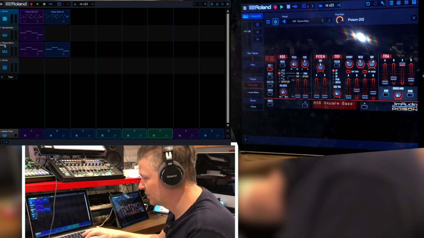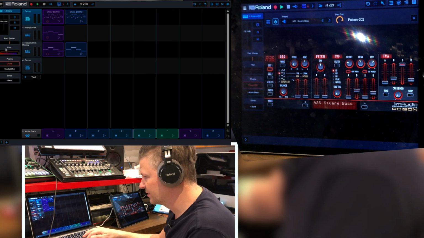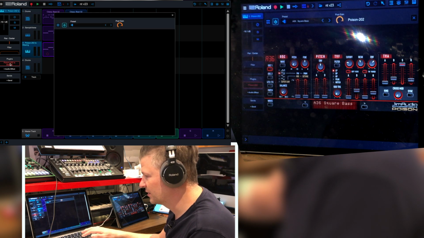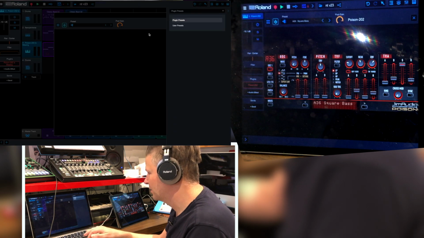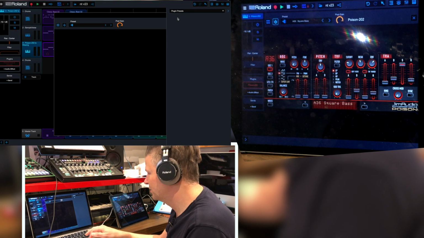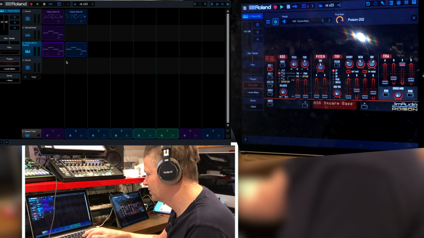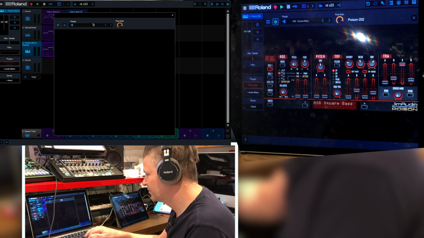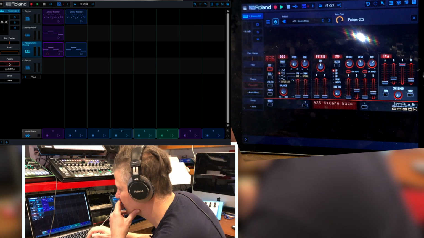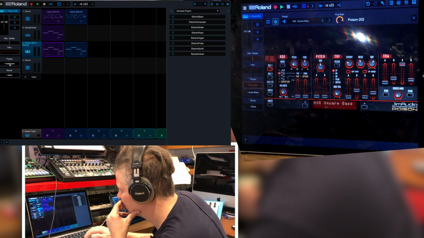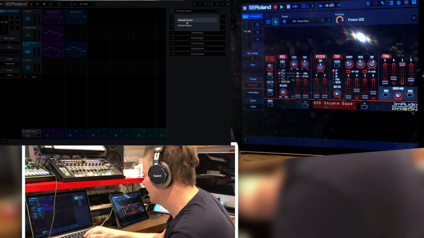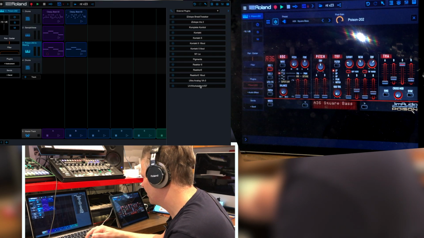It just doesn't work. If I open this up, I see my plugin is missing. I can try to load another one, but it doesn't work. So I'm going to have to close this one, and I'm going to have to delete. Can I delete? How do I delete on Mac? Okay, just keep it, delete plugin and load an instrument. If I go external plugin, what can I try here? I'm going to try